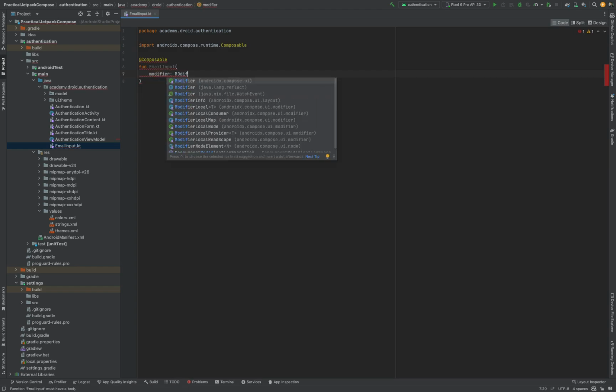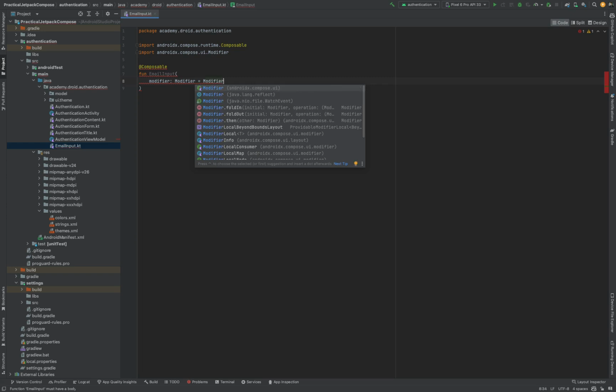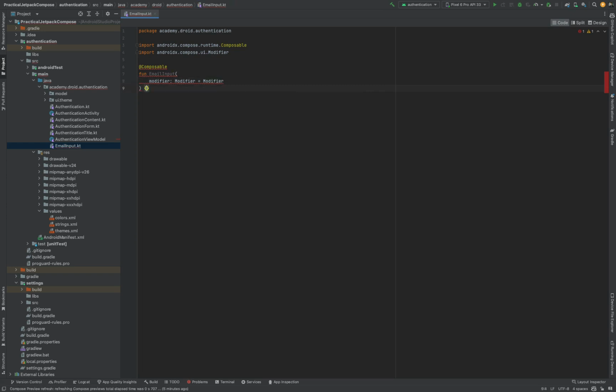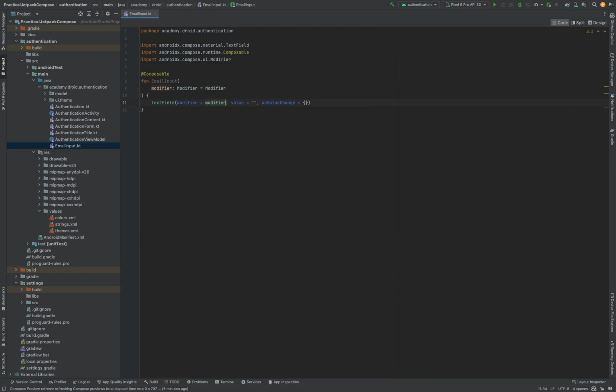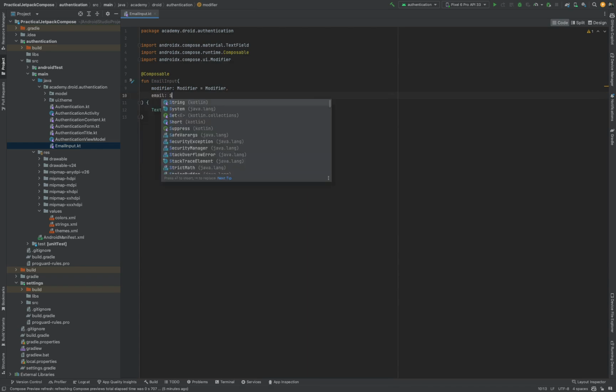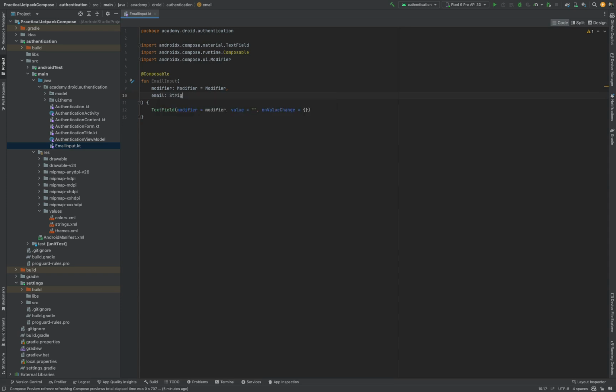For the email input, we're going to explore the use of the text field composable, which we can add directly to our composable function. You'll notice now that the IDE will be giving you a warning because there are required arguments of the text field. There are the value, which represents the current value to be displayed in the text field, along with the value change handler, which is triggered when the input changes and used to update the composable state. We'll need to satisfy these before we continue, but we'll set these to an empty string and an empty block for now. We'll pass the modifier that's provided to our composable function into our text field,